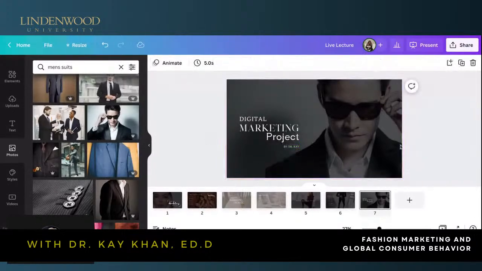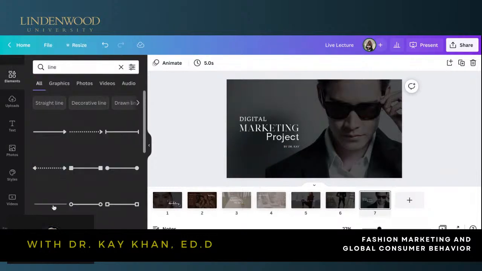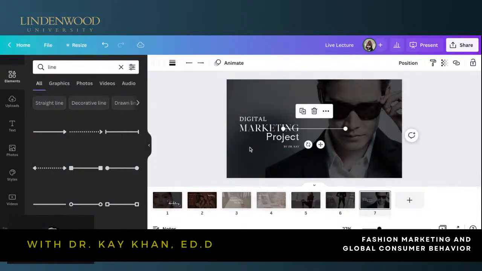Like digital marketing, we see this dude, he kind of looks like Neo from the Matrix. I don't know if that's aging me or whatever, but I don't know if you guys know about that. I guess they had a new Matrix that came out, but Neo looks different. He has a beard now. But anyway, old school Neo kind of had this look with the shades and everything. So this is kind of cool. This is awesome. And if I want to, I could play with lines again. And yeah, I think it's important to create some dimensions in your projects.